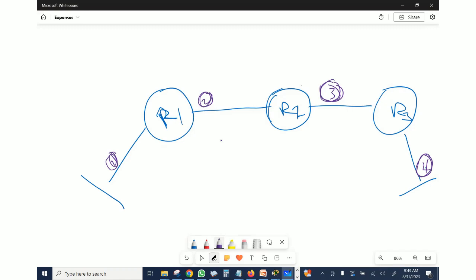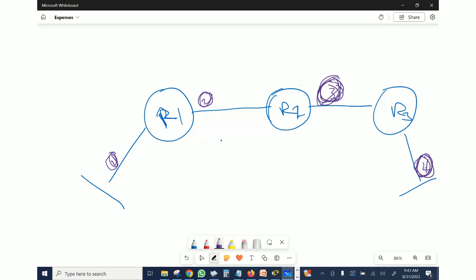For R1 to know about network 3 and network 4, something must happen, because this is against the normal way a router operates on a normal day. It needs to know about those networks. So now R2 needs to tell R1 about R3 and R4. So something must take place. And what is that thing that must take place?